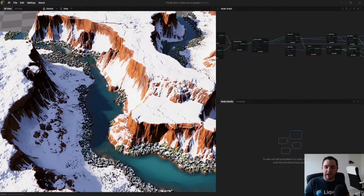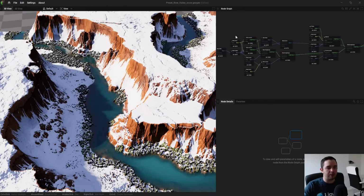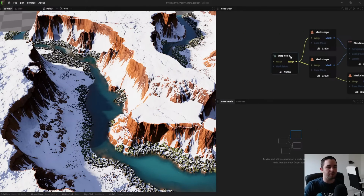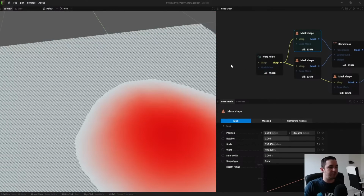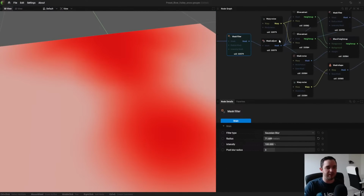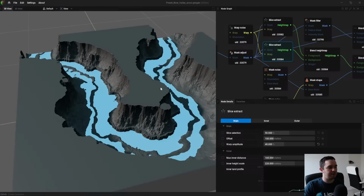So as you can see, this is kind of how we're differentiating ourselves. We want this to be an easy to use tool. We want you to be able to come in and craft any kind of terrain you want. And looking at all this, the node graph might look fairly complicated, but you can break it down by saying, hey, we've got noises, we're masking these shapes, we're doing a couple of different blends, and we're adjusting these masks through curves, and then boom,